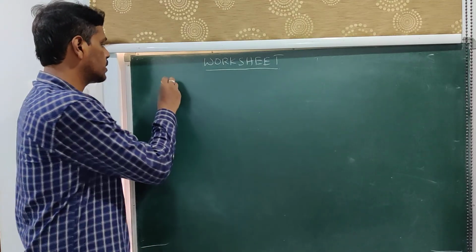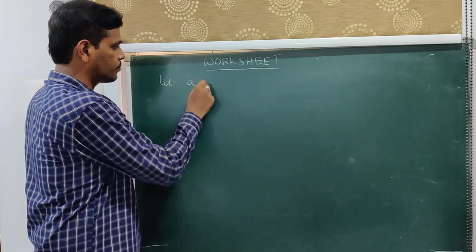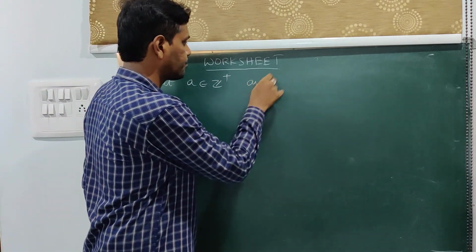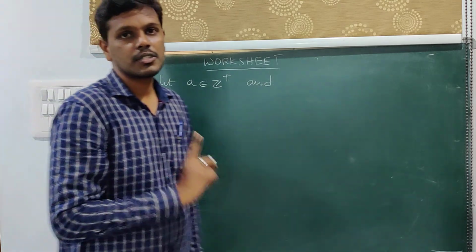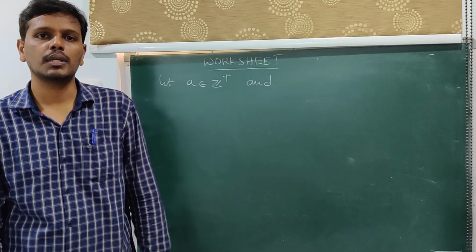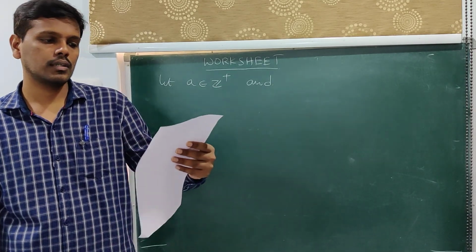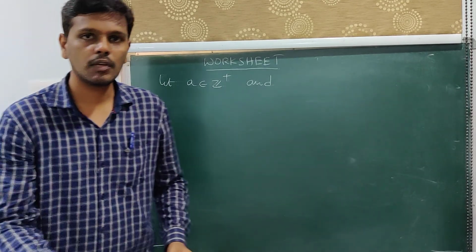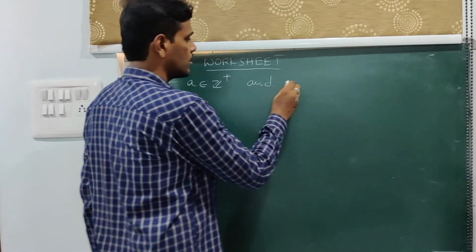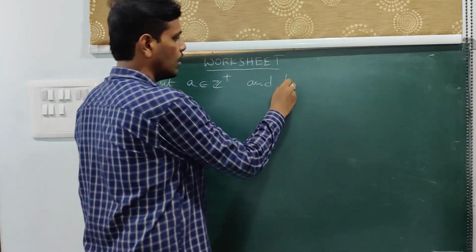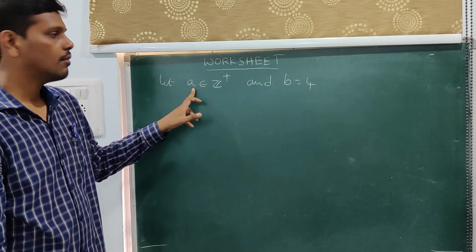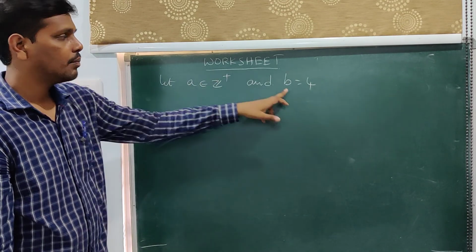Let us say that the positive integer is some a. Let a be a positive integer, and now here our emphasis should be on b. Now you have to think of what number should be taken for b, and accordingly we can prove that the positive integer will be of the given form. So here I will try to go with 4. Let a be a positive integer and b is equal to 4. So b is also a positive integer. We have assumed a as a positive integer. So a and b are positive integers.